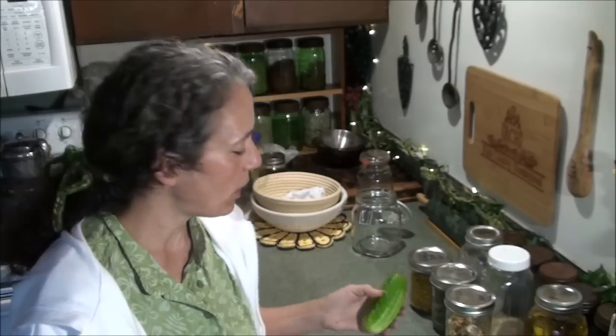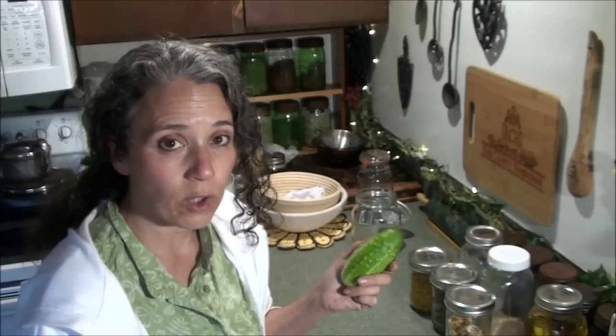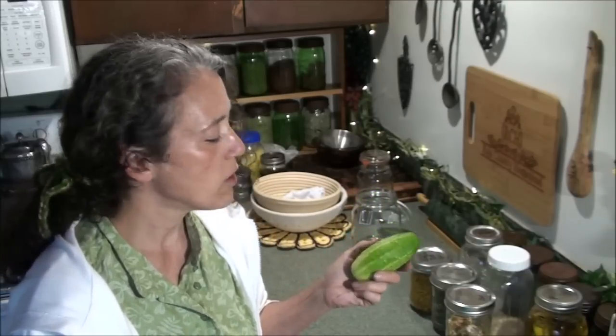And it looks like I have tons of female flowers out there and lots more cucumbers coming in. So I think this is going to be a better producer for me than the ones I was growing before. Even if the cucumbers are smaller, usually smaller ones taste better anyway, just like with zucchini. And if I get more of them than what I had, it's still a better option for our